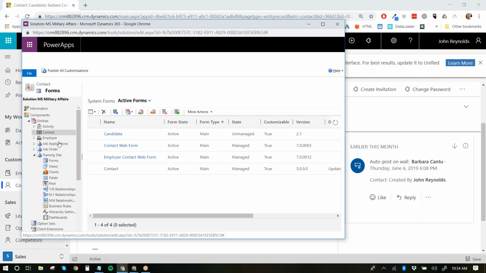But then the new ones that we have are job apps, job orders, and training sites. Oh, and activity is going to be incorporated in here. That's a standard object also. You're right, there's a lot of components. There's a lot of lookups and related lists and things like that.